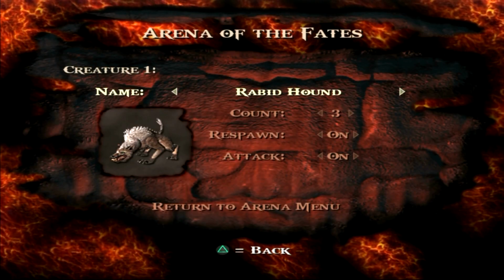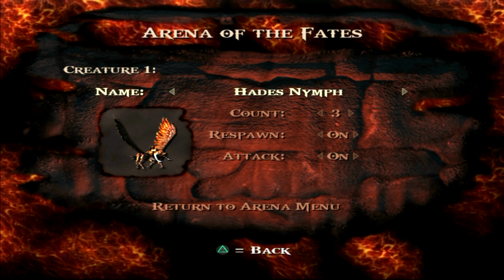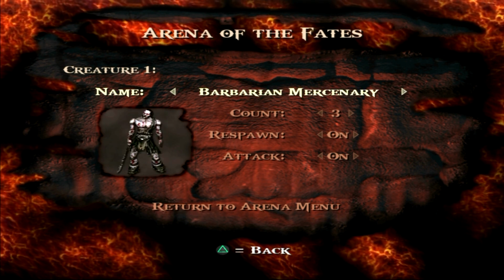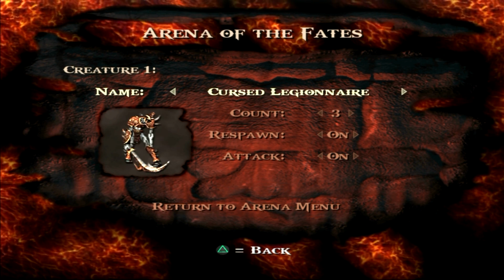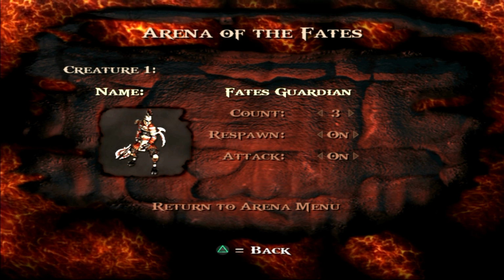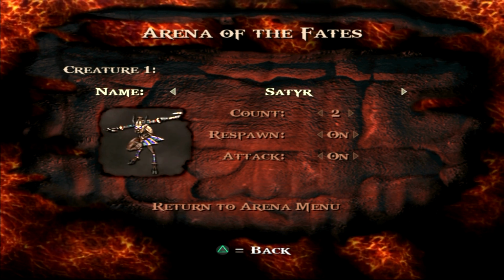Arena of the Fates is a combat arena. It's just a fancy schmancy combat arena. You can see the names of all the enemies. You can pick the encounters you want to have, and you can go ahead and have fun and enjoy those encounters for yourself. You can make it so the enemies respawn, or don't respawn, so they attack you, so they just hang out. You can also make it so that you could